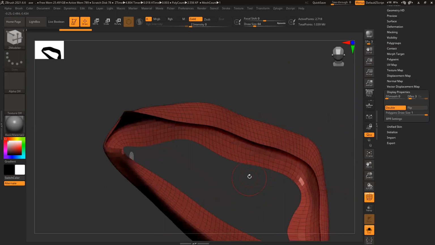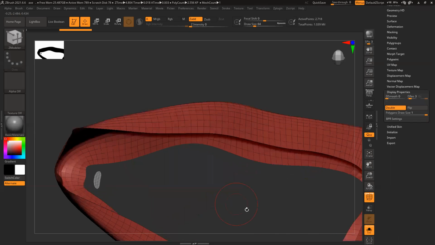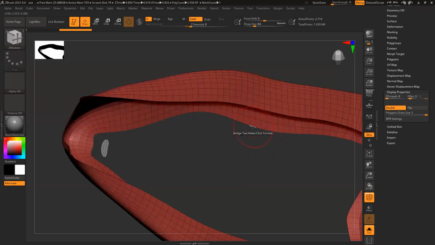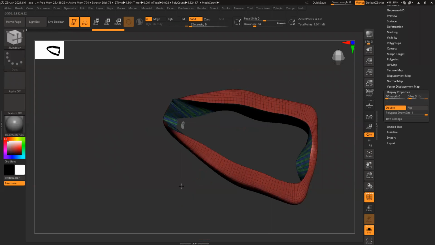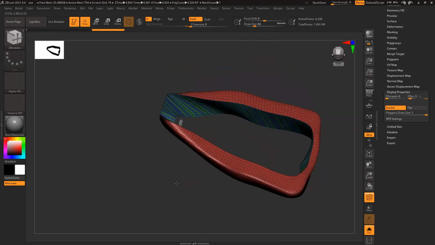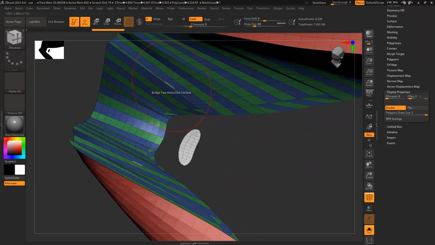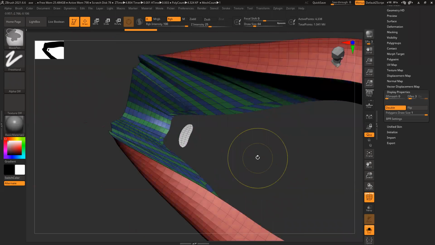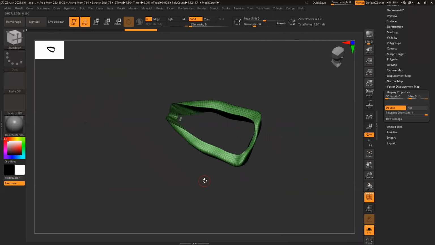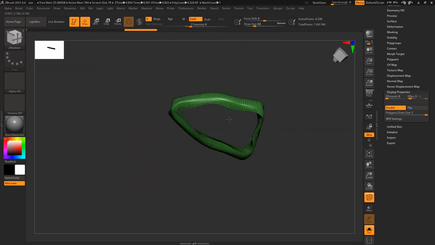Now you can see both the sides. And I just close the hole with the help of bridge. It created multiple polygroups. Control W, no need to worry. Control W, Control W2 for convert anything into polygroup.